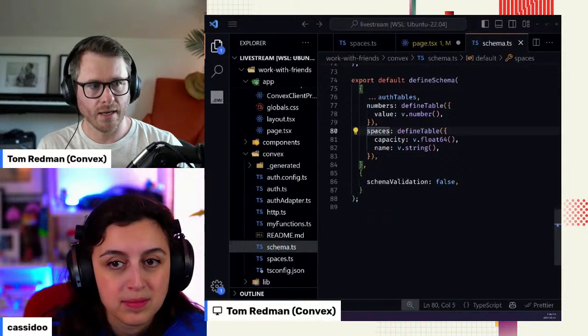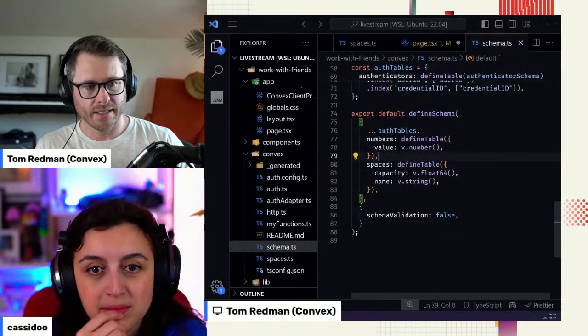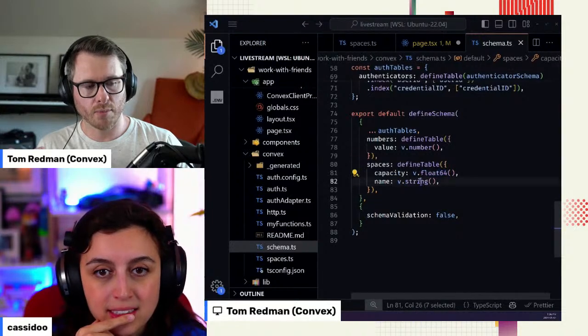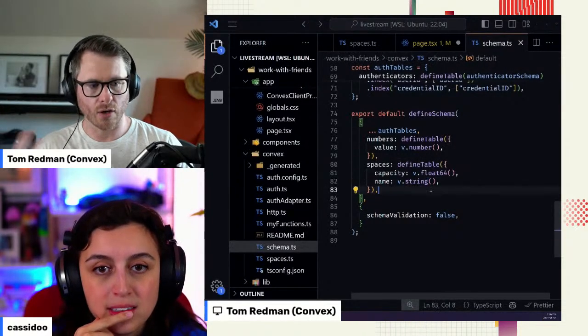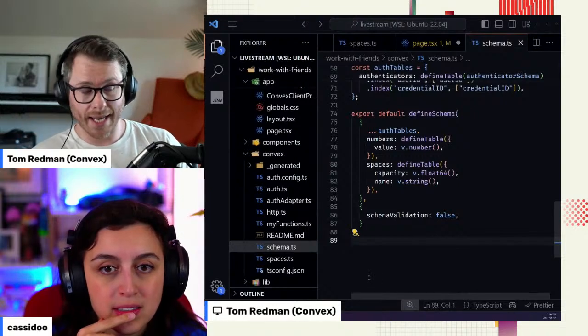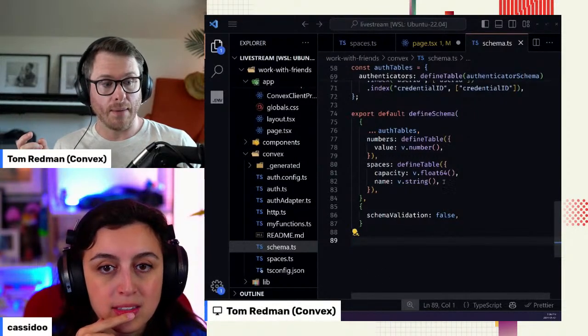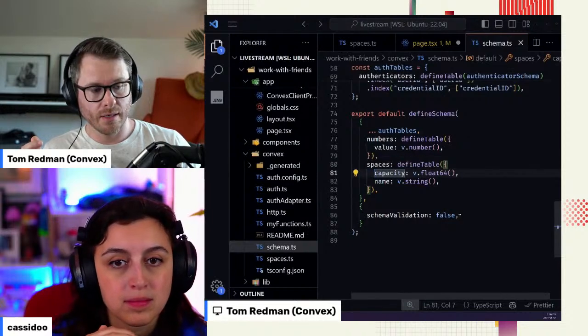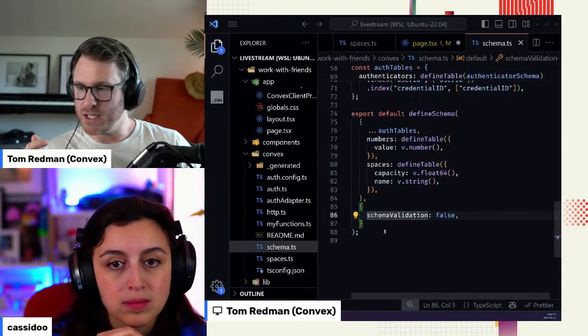So here's the numbers schema. We can make these optional, like optional string or optional float. Right now, it doesn't actually matter if we do or do not, because we have schema validation set to false,